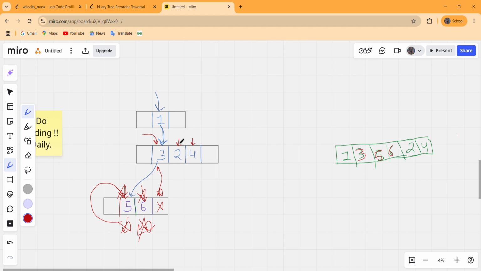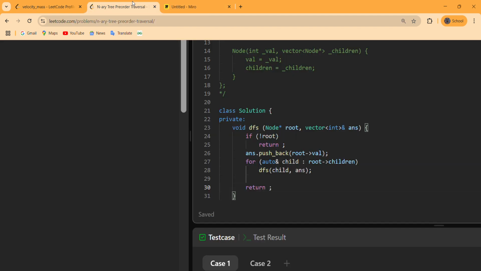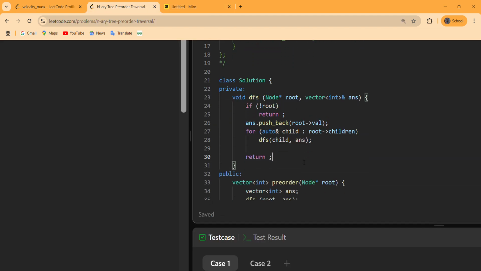After exploring all these siblings, the counter goes to its parent, which will explore all its siblings, and after that the final answer vector is returned to the caller, as we can see in this code.